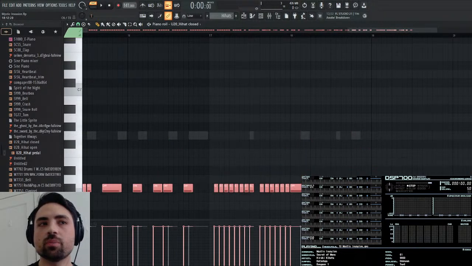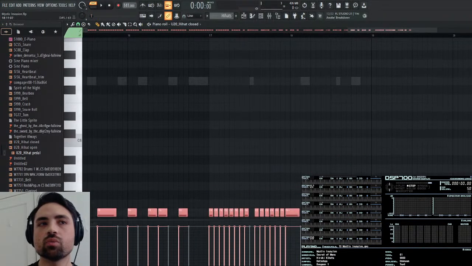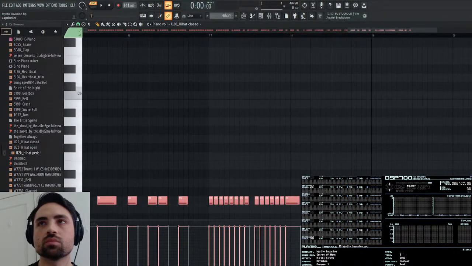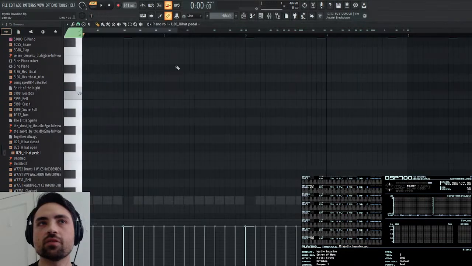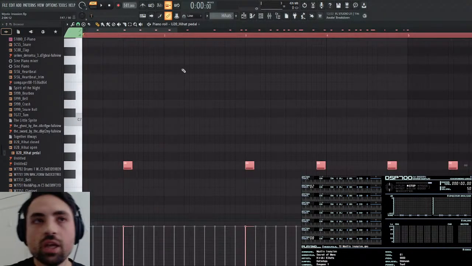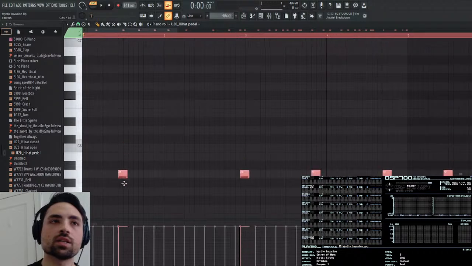Okay, and I'm pretty sure I want that to be at the root note. Let me drag that down to C5. Control A to select all, and drag this down to C5.